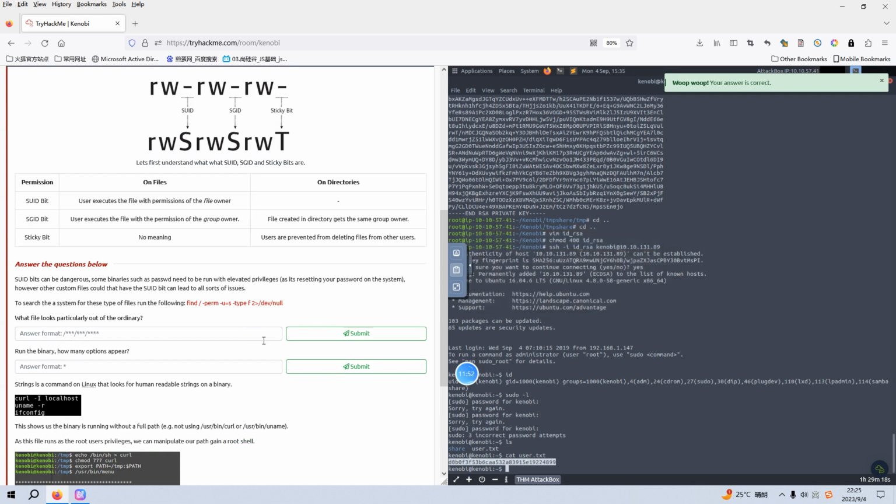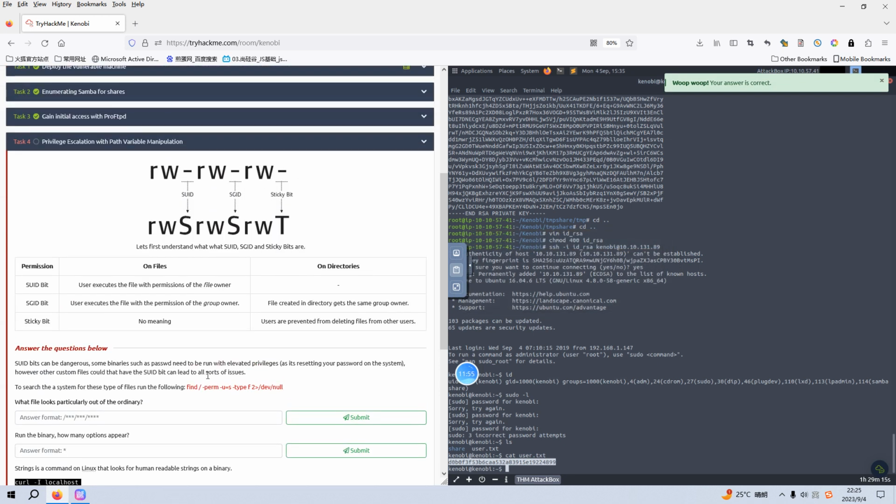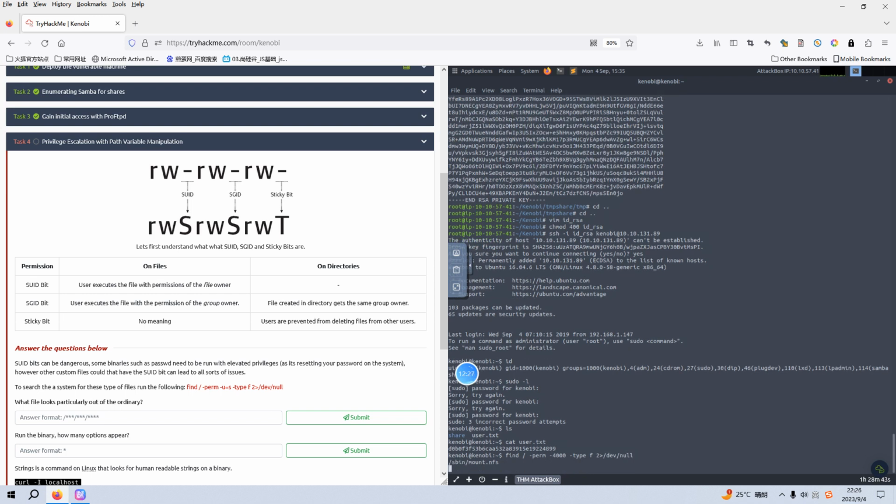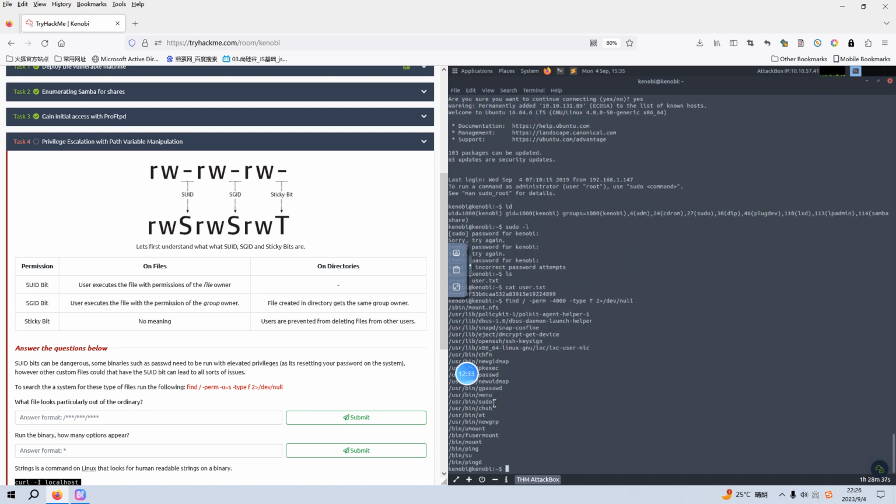Next, we need to escalate privilege. What file looks particularly out of the ordinary? Next thing, we can find commands which have the SUID bit, and we are just interested in files rather than directories, and redirect errors to /dev/null, the black hole. So what file looks abnormal, I think should be this one, menu,